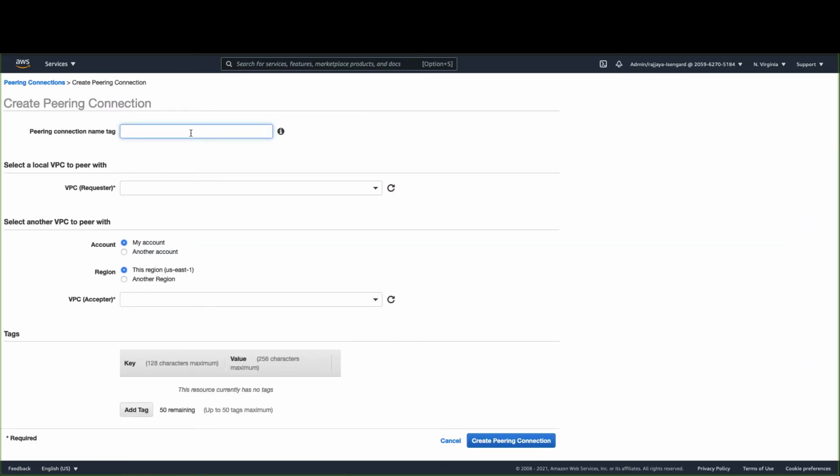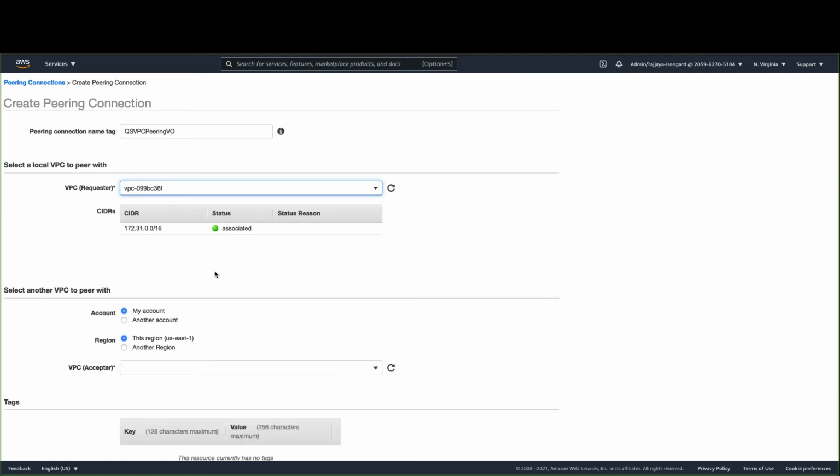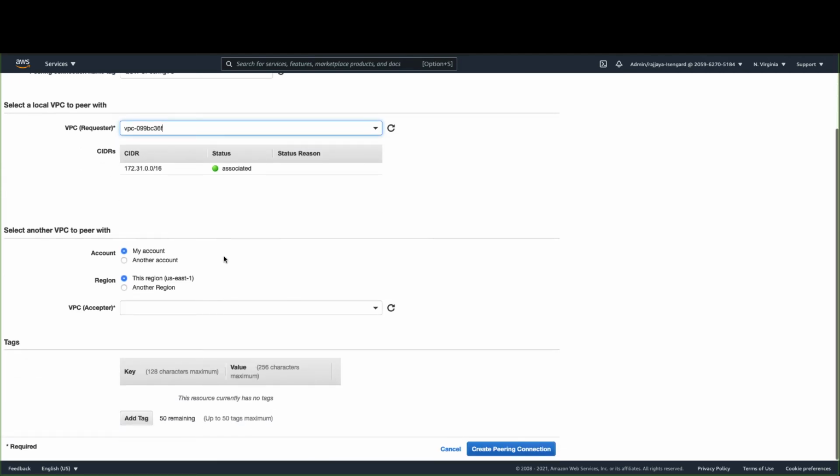I'll provide a name for this VPC peering connection. I'll choose the VPC ID as the VPC requester and I will choose another region.